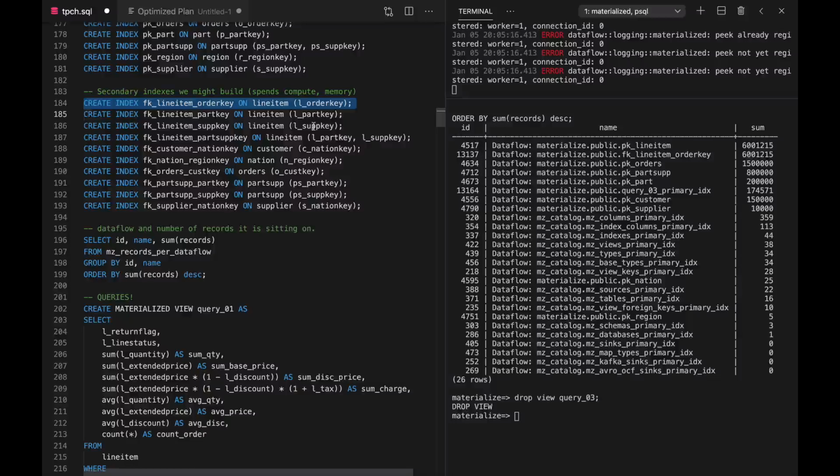So we added a foreign key index on line item by order key, and that was handy because we needed line items by order key. But it turns out if we had a little bit more, we could actually reduce the memory footprint a great deal more. And the other thing that we're going to need, it turns out it's buried in here, is orders by customer key. And you might say, well, why do we need orders by customer key? We never join, we join line items with orders and then the result with customer key. And you're absolutely right. We do that because we don't have the ability to join orders directly with customers. We always could have, I suppose, but